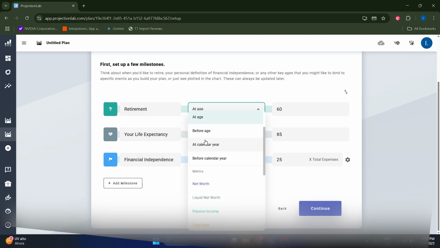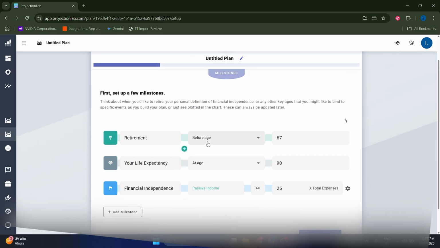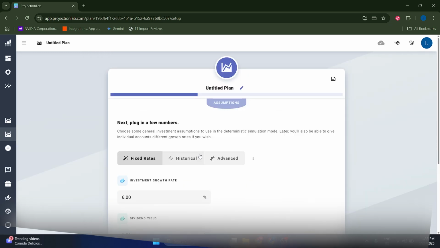In my retirement, I'm going to select before age 67, all right? In my life expectancy, I'm going to choose around 95, for example, or 90. And for the financial independence, you can just select the passive income, and so on. In my case, now you have to select basically what kind of investment numbers you want to plug into